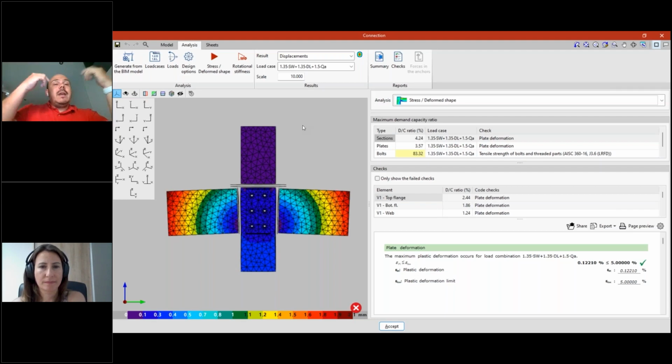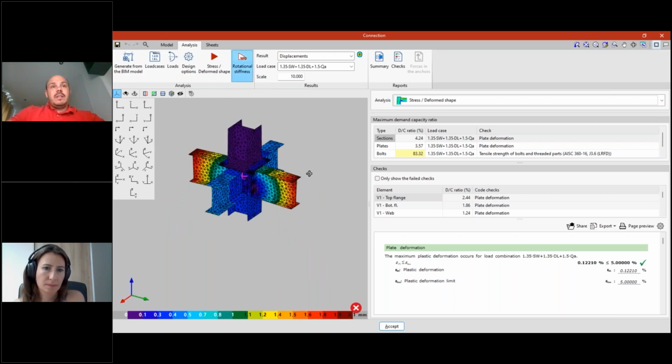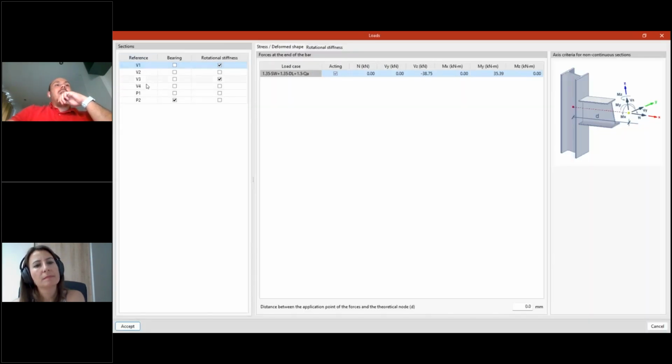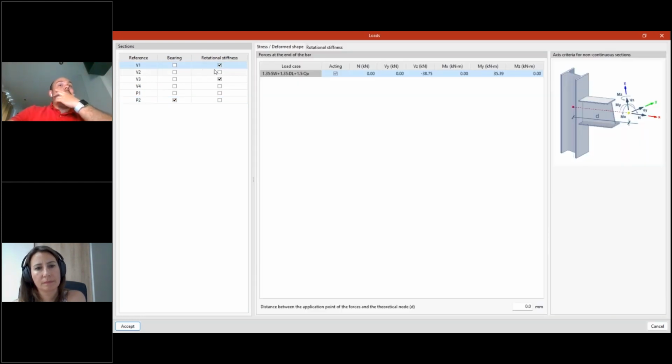Okay, but as I said before, after calculating the stress and the deformed shape, we can also calculate the rotational stiffness. Okay, how does it work? First, we must select which bar we want to calculate the rotational stiffness for. And to do that, we use this option here, the load cases, here the loads. Okay, we will select, as in the previous versions, one element as the bearing, for example, the P2. Okay, and then, for example, for the V1, I selected that I want to calculate the rotational stiffness of